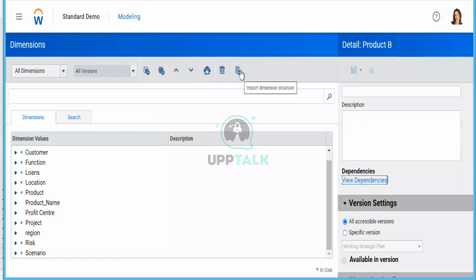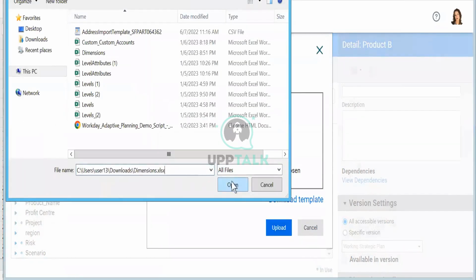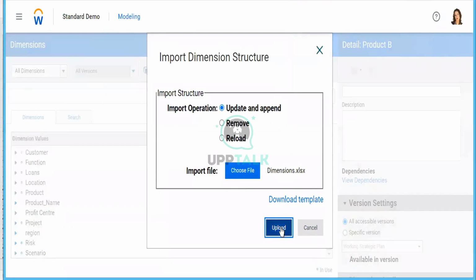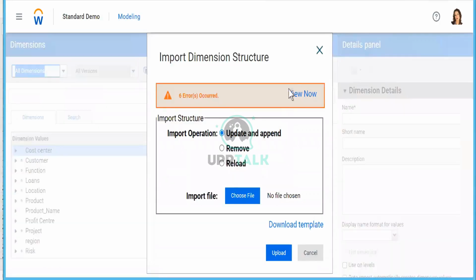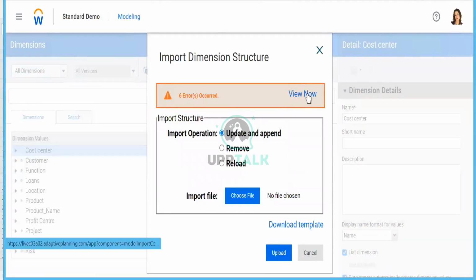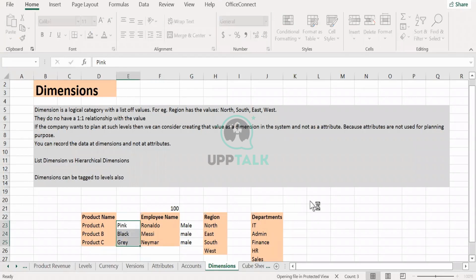I will go here. It's the dimension page. The first option is for me; I'm going to create new values. The file is selected, upload. Let's see if we get any errors or if it's successful. We have errors. Let's download the file. The beauty of Adaptive is that if you have an error in one line, the other lines will also not be uploaded. You have to have a crystal clear Excel file. That's the meaning of that.